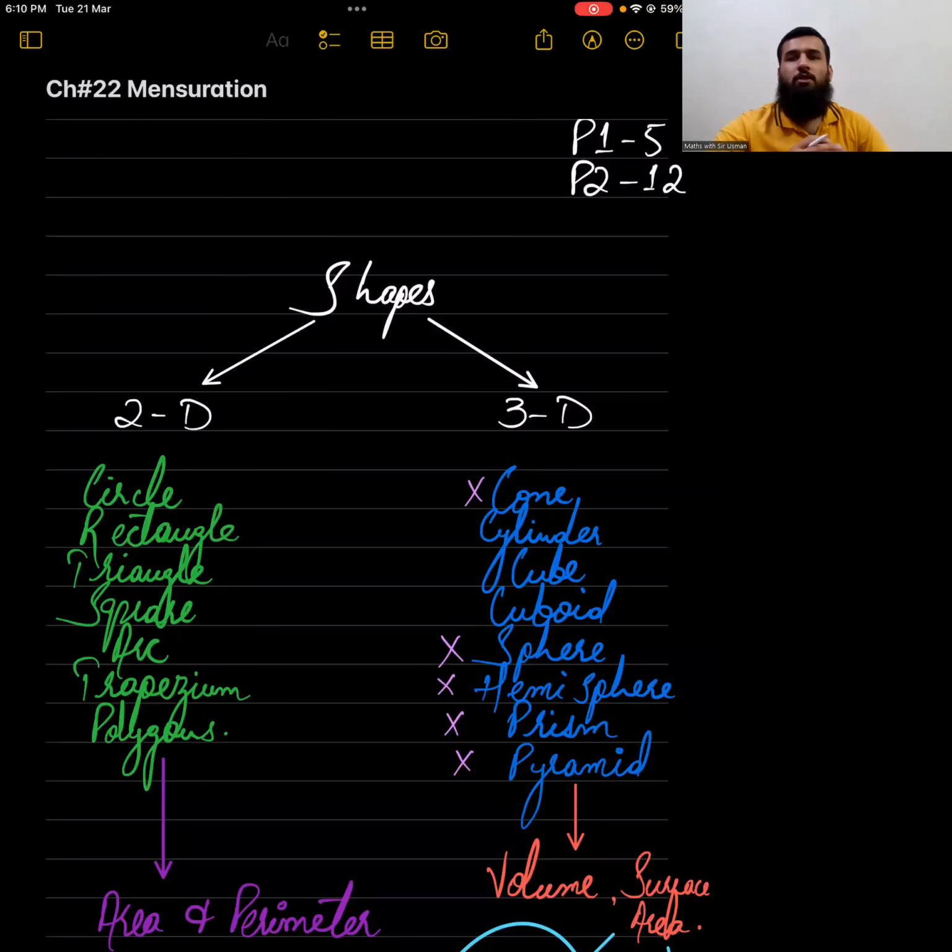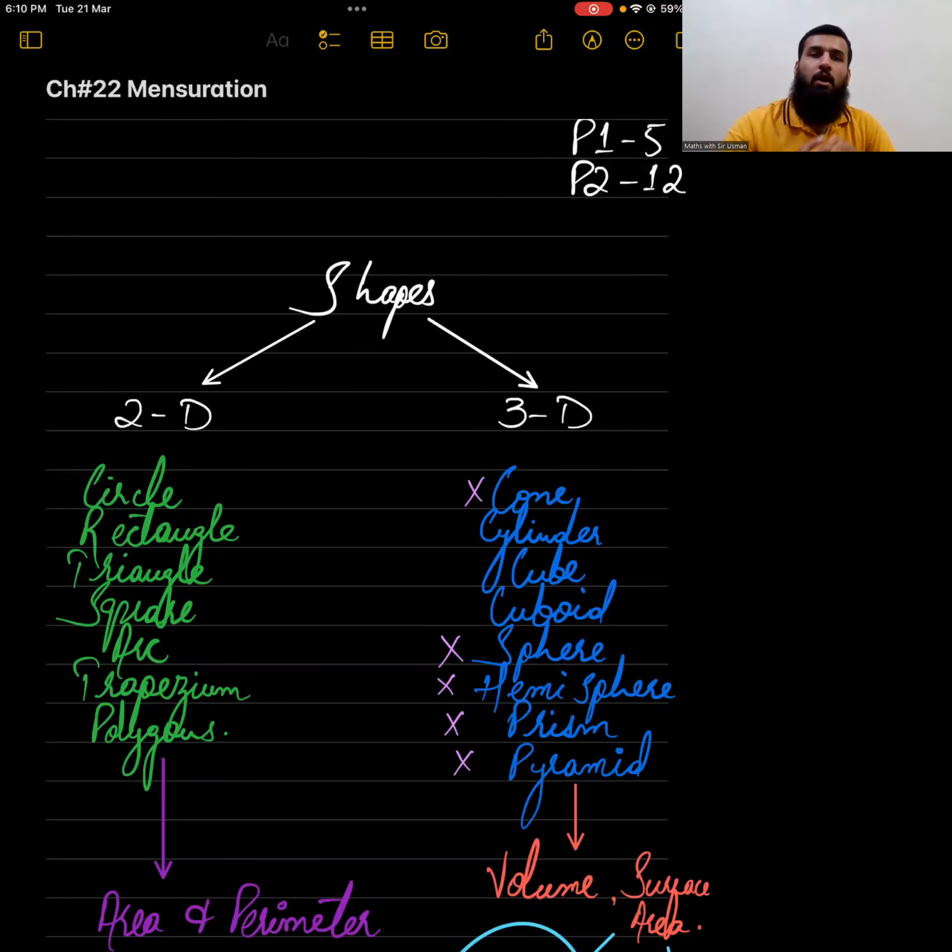So in the previous class, we went through the basic concept of mensuration. So I'll just take a quick recap कर लेते हैं. Mensuration is one of the most important chapters of our entire syllabus. And the important thing about mensuration is not only its length, like कितना lengthy ये chapter है, सिर्फ यही important नहीं है, बल्कि इसमें से जो marking division बनती है for paper 1 and paper 2, वो भी काफी ज्यादा